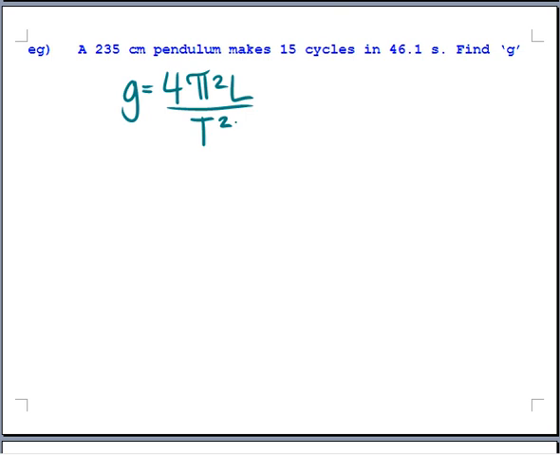One of those issues is a unit. Remember that we as physicists like to measure in meters, so centimeters is not going to work. 235 centimeters is going to be 2.35 meters, so we're going to have to catch that. Let's go ahead and plug that into the equation: 4 pi squared times 2.35